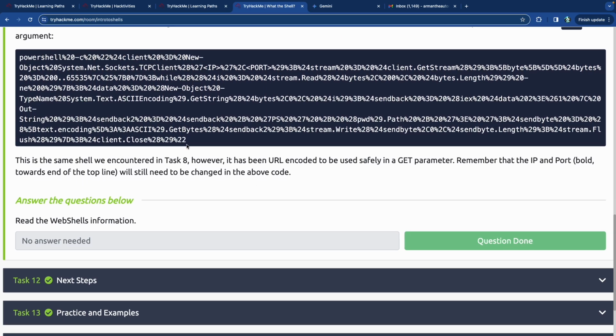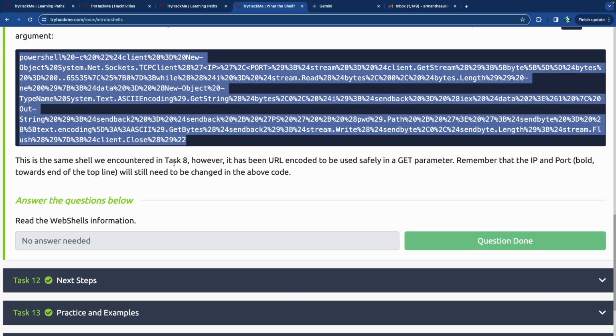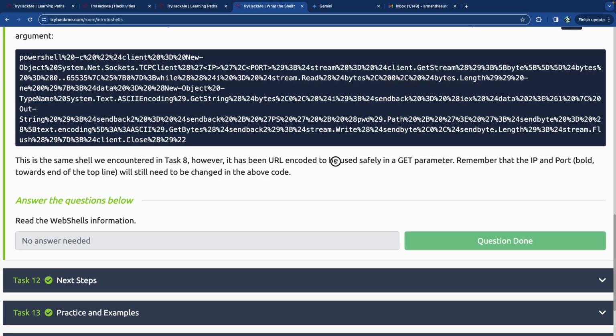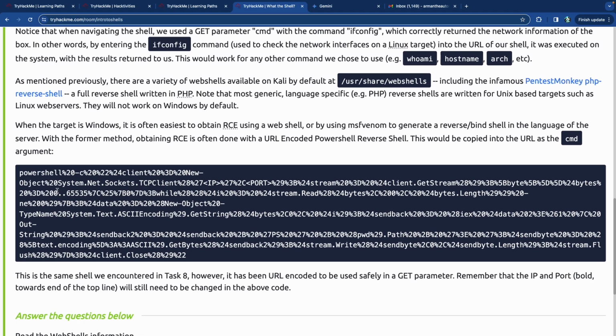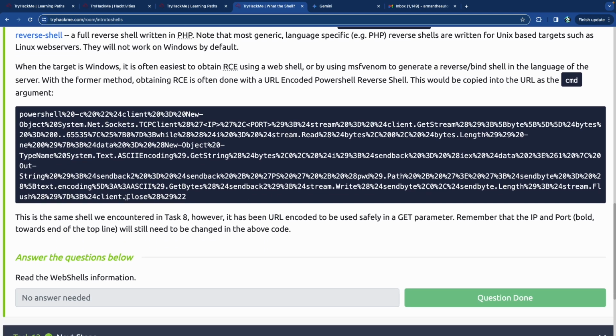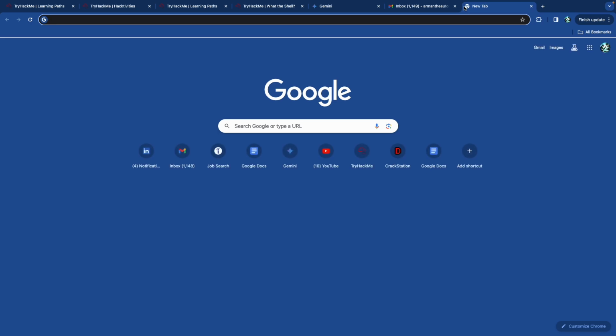So this is the same shell that we encountered in the last task or a few tasks ago, but now it's URL encoded to use safely in a get parameter, and the IP and port, which is right here, still need to be changed to actually make this work. So this is it, and URL encoding of commands can be done through something like CyberChef. So you take the command and then you put it inside CyberChef, and then you use the thing that URL encodes it. So for example, if we just went to CyberChef real quick,